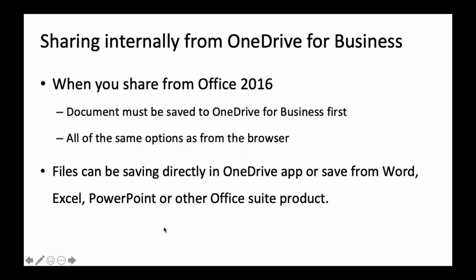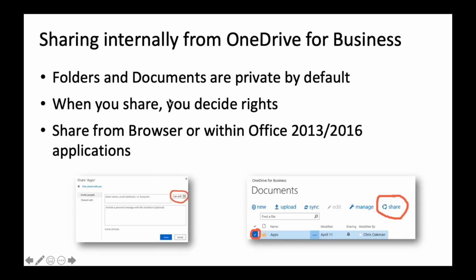Sharing documents. Similar to how you share stuff within Teams, OneDrive is the same thing. Once you upload a document, by default, it's only private to the person who uploads it. If you want to share this to another employee, that's easy enough to do. It's private and you decide to share, you click on this and you decide what type of sharing. In this example, we want to share this folder called apps, in OneDrive Online. You click on share.